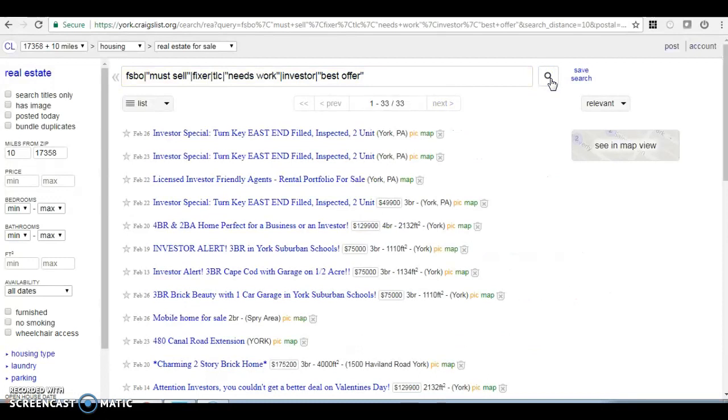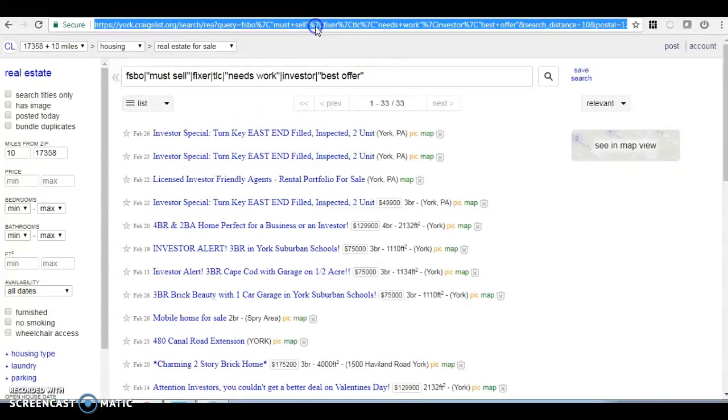And what's going to come up would be any properties or any listings that include these particular search terms. Once these listings come up, you can go all the way up to the URL and copy the whole thing. You're going to go back to